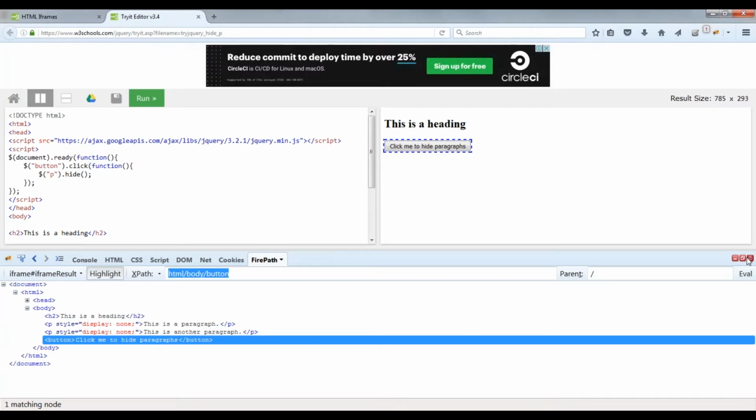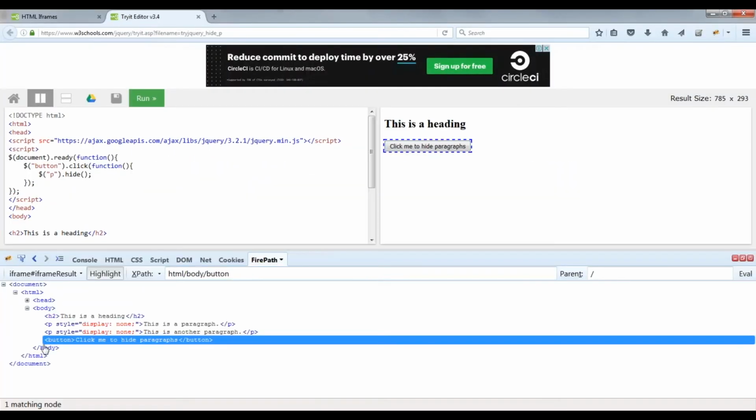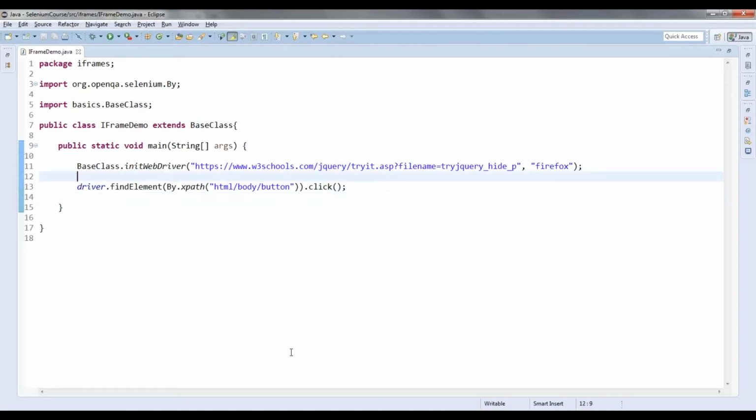When I look at this, I don't know whether it is inside an iframe or inside a normal window. It looks like a normal window to me, but here 2 to 3 HTMLs are embedded in one main HTML. Initially I don't know, so I right click and inspect element in FirePath, it gives me an XPath. I will take that XPath and simply write this.